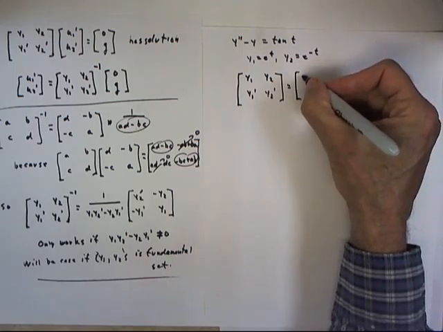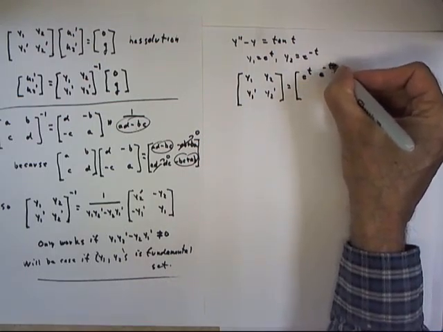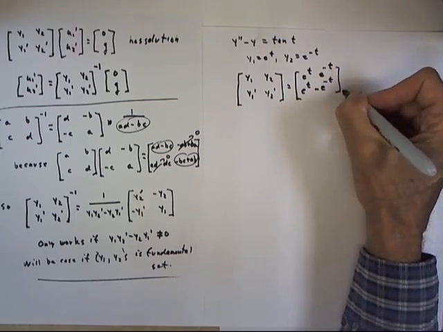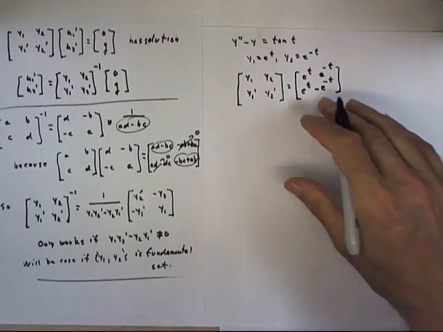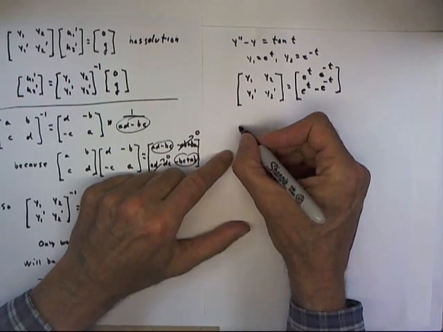And that equals e to the t, e to the negative t, and y1 prime being the derivative of e to the t is e to the t, y2 prime being the derivative of e to the negative t is negative e to the negative t. So here's our matrix y1, y2, y1 prime, y2 prime. Now the determinant of the matrix